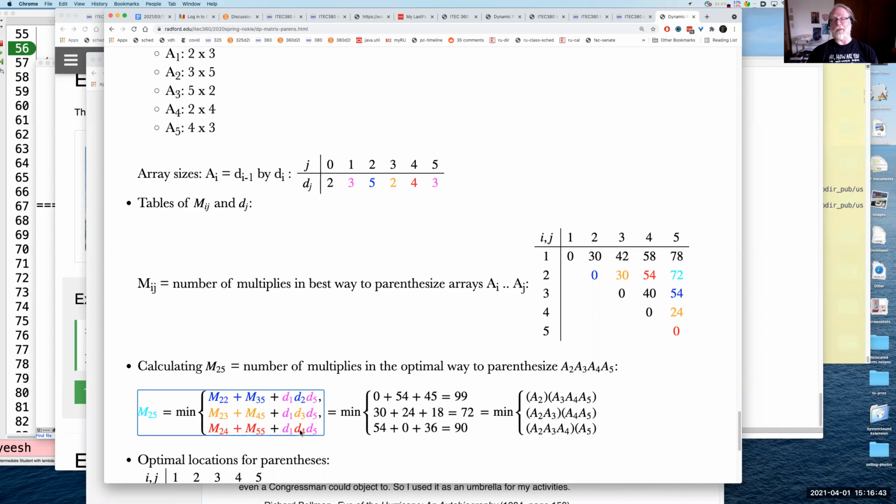And here's the thing to notice is that these other tables, if we're looking at m of 2, 5, hey, m of 2, 2, we're going to have filled in. That's this diagonal. And m of 4, 5 is going to be down here. Everything you want to know is going to already be pre-filled in the table. The 2 numbers are going to be smaller, so they're going to be down below this line here. Okay. So to compute any number, if you know all the diagonals, quote unquote, below and